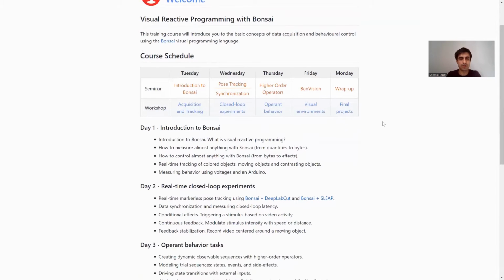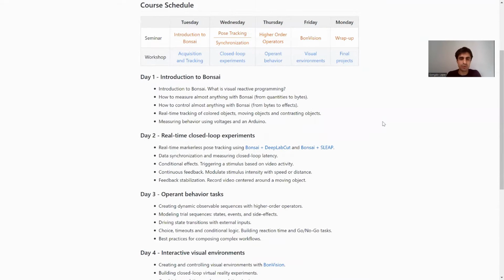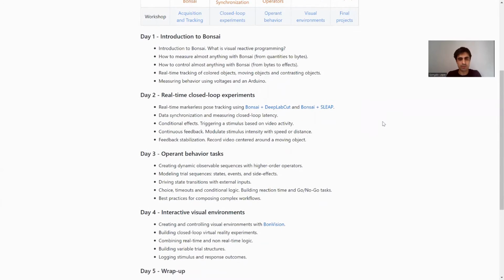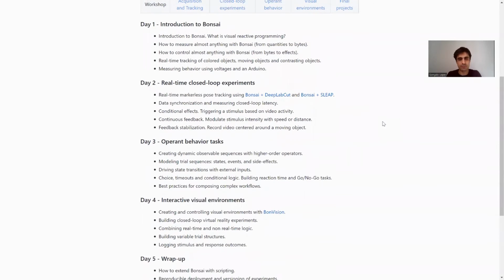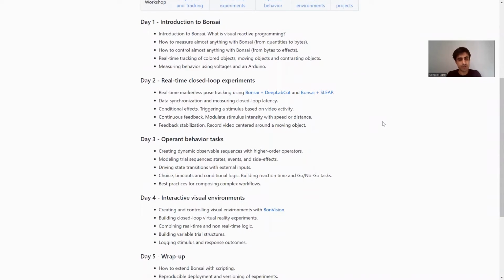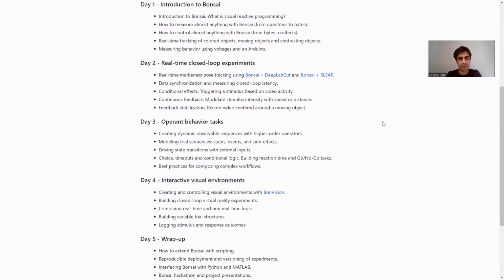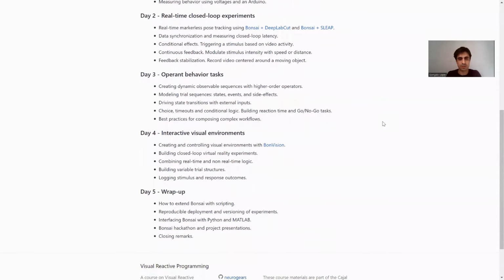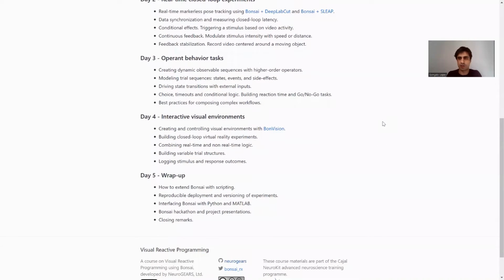We will cover Introduction to Bonsai in this lecture and the first worksheet, and then move on to in detail how to design real-time closed loop experiments, real-time markerless pose tracking, data synchronization, and various types of feedback conditions you can set up. And then continue on to designing operant behavior tasks, conditions, state transitions, external inputs, timeouts, conditional logic, and some advice for how to scale your experiments to more complex